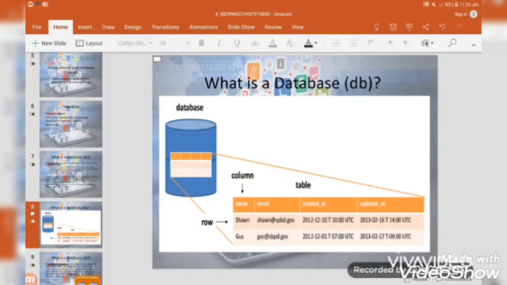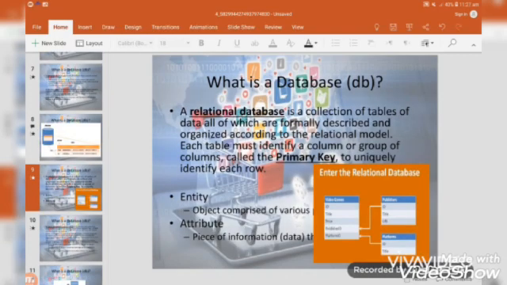A column is a vertical entity in the table that contains all information associated with a specific field in the table. For example, name represents the name of the user. Third, a relational database is a collection of tables of data, all of which are formally described and organized according to the relational model. Each table must identify a column or group of columns called the primary key to uniquely identify each row. An entity is an object composed of various pieces of data, and attributes are pieces of information, data that